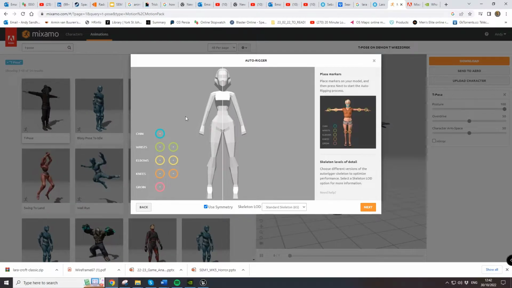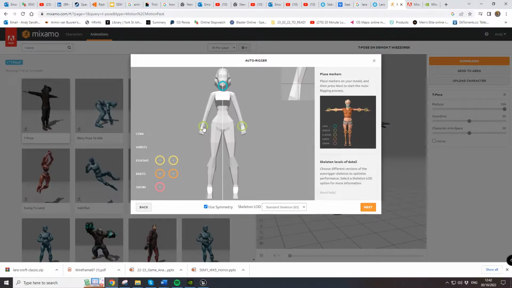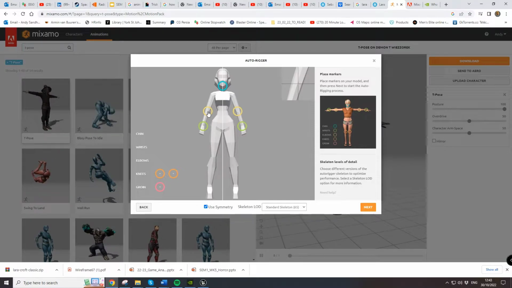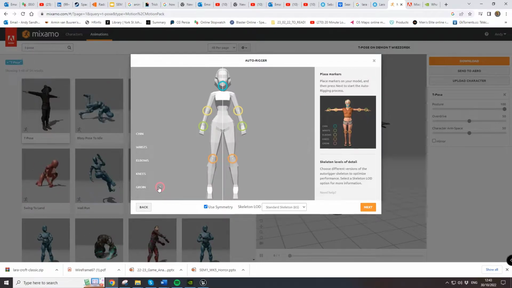So, yeah, this is basically just going through the process of auto rigging. If you've got your character in, and obviously this should be textured at this point, but it isn't, as I say, we'll correct that in UE4. Position your elbows, your wrists, your knees. Obviously, it's self-explanatory. You can see down the bottom it says standard skeleton,